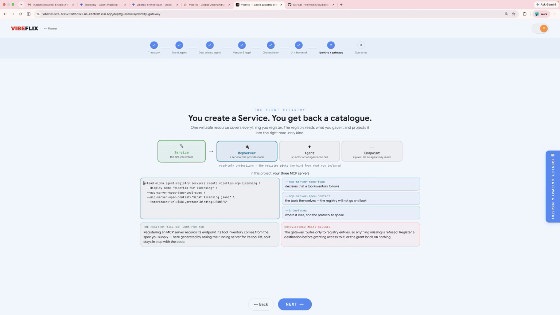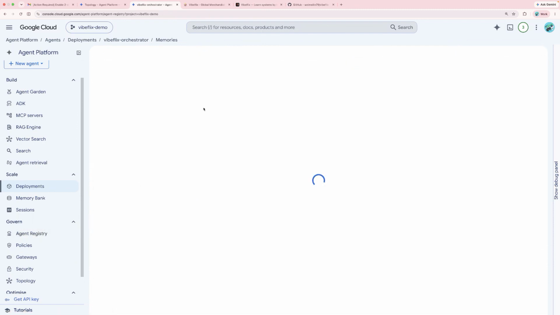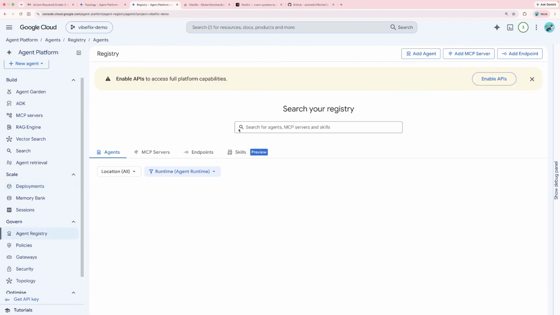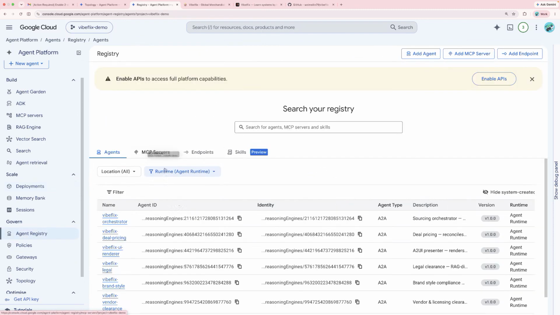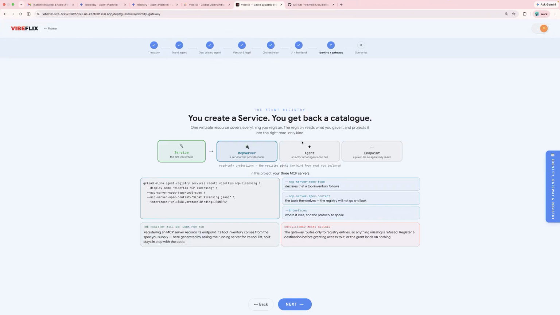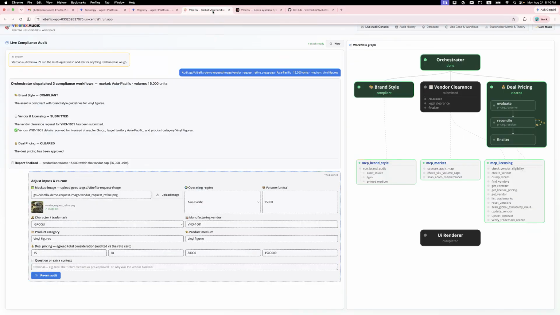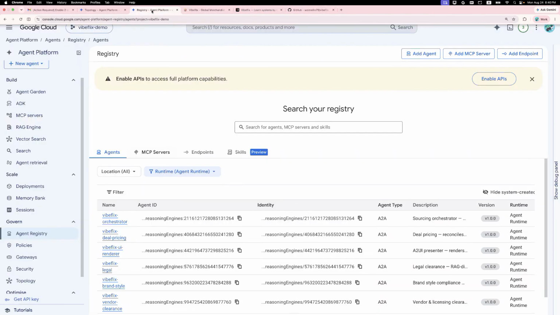So this is how you can register an MCP server. Basically you can just run service create, and this is how you register it. And then if you head over to the agent registry, this is how you can see the result, the MCP server. And here this is how it will show up in your console as well. And same here, if you want to register an agent, this is how you can go back to the